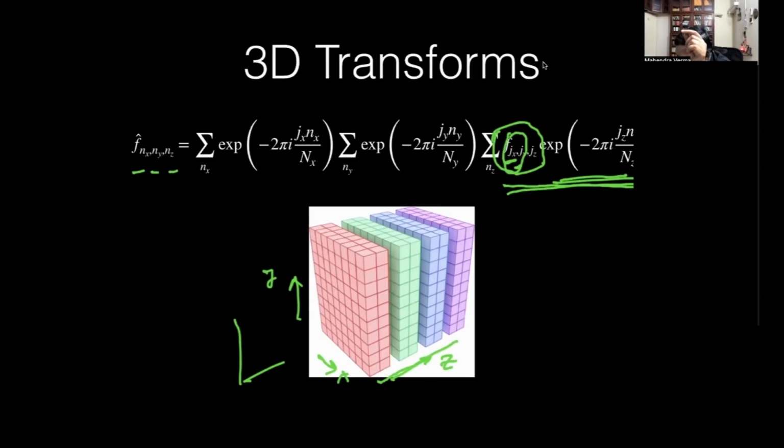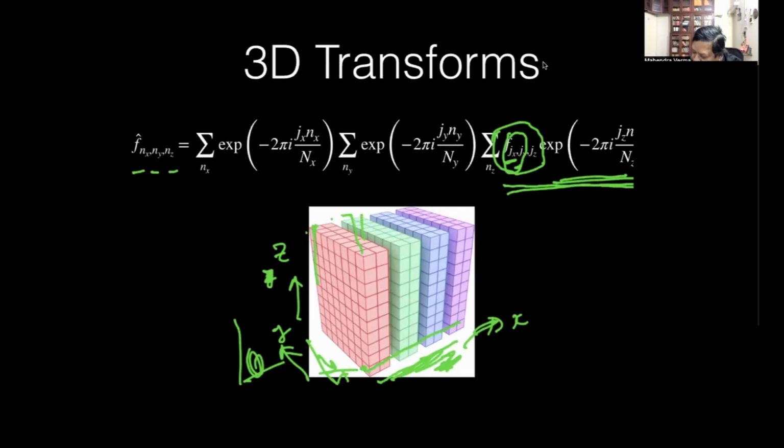Actually, I made a mistake. This is z, so this is x and this is y. Please apologize, this is x, this y, and this z. So I first sum along z. All these columns I sum, vertical towers. You can just imagine there's a plane, and for every xy we have a column, towers.